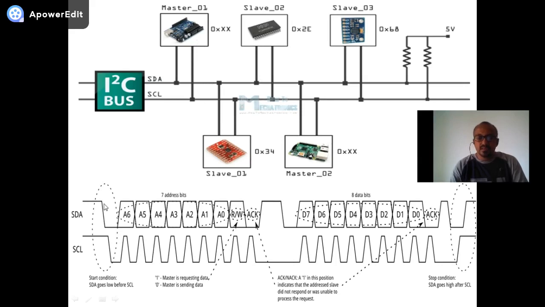and then master 1 will send the address, and at the same time it will send either a read operation or a write operation, and immediately the slave will send the acknowledgement on the same line. All these data, the address bits, are sent on every rising or falling edge of the clock pulses.